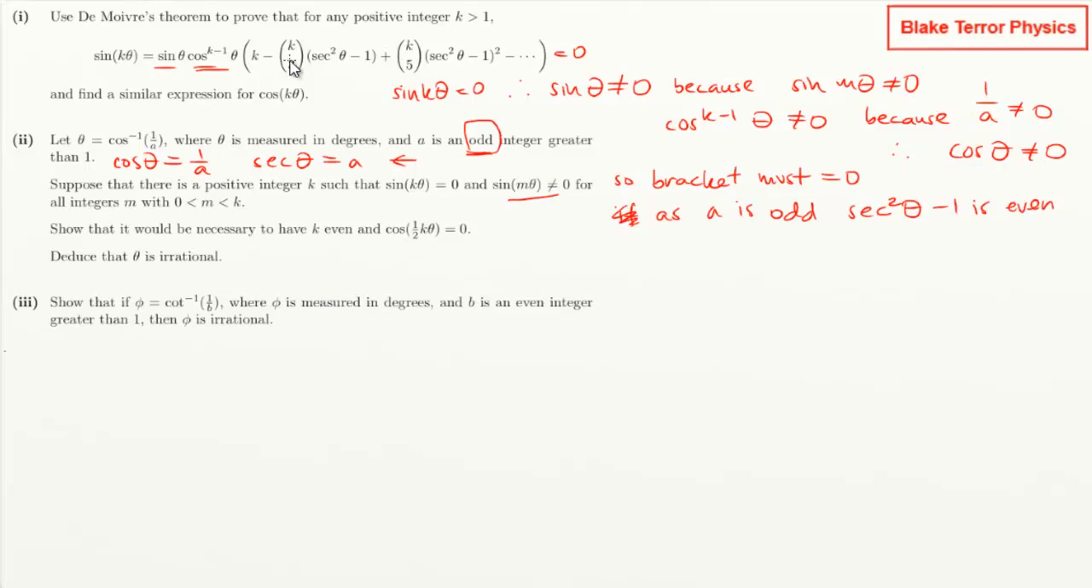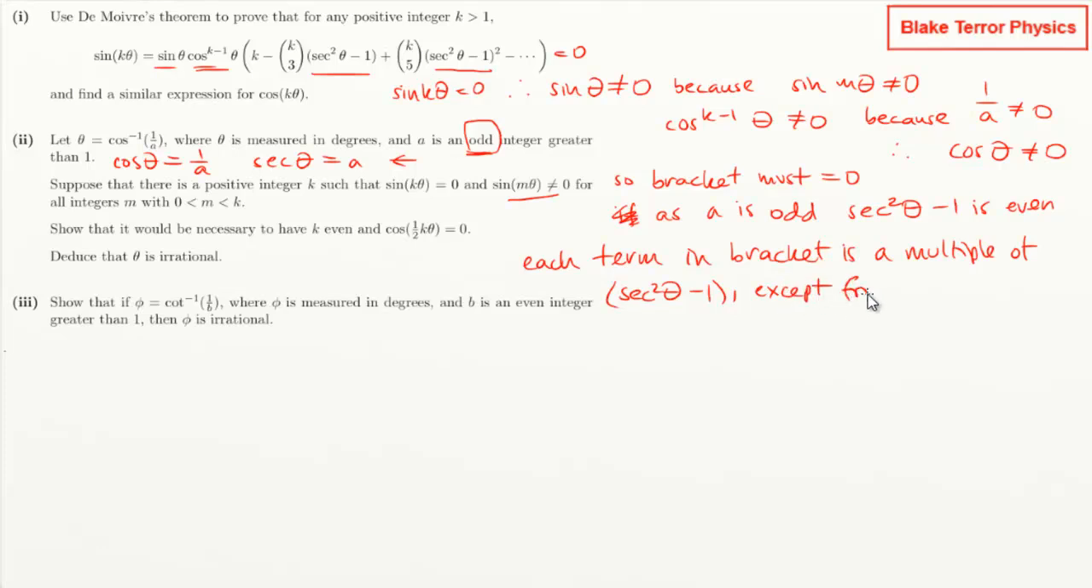So the bracket then, well, this is even, that is even. Okay, right, so each term, I can see where this is going now. Each term in the bracket is a multiple of sec squared theta minus 1, except, put that in brackets, the first term, which is k. So therefore, if the bracket equals 0, k must be even,